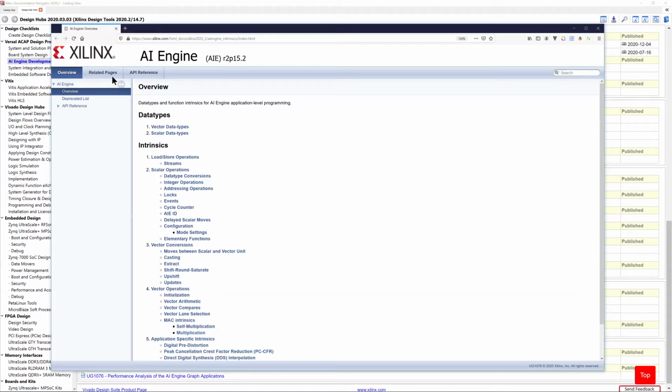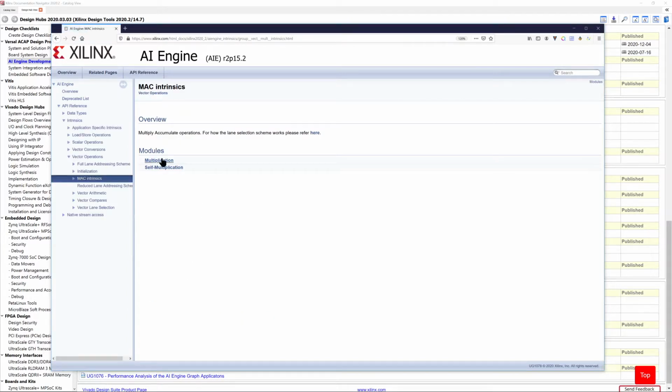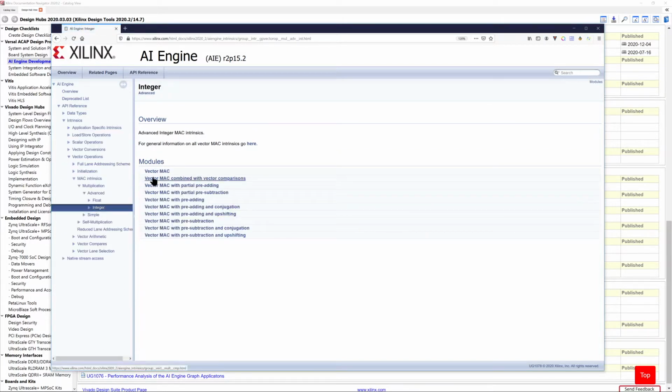So our filter has 47 taps. It's symmetric, and we are interested in MAC intrinsics. So if we go to the MAC intrinsics here, it's concerning multiplications and not self-multiplications, advanced for integer type. And as we have a center tap, we would like to see vector MACs with partial pre-adding. So if we click here,